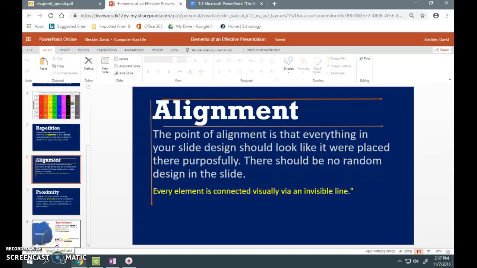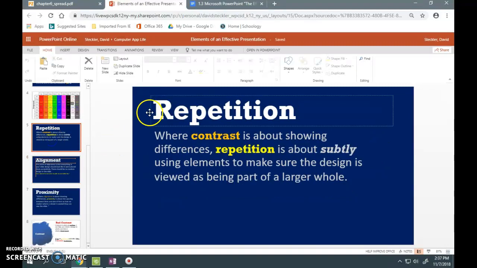The next element of an effective presentation is alignment. So the point of alignment is that everything in your slide is designed so it should look like it was placed there purposefully. There should be absolutely no random design in the slide, and not only in a slide, but between slides. So if you take a look at the slide before here for repetition,